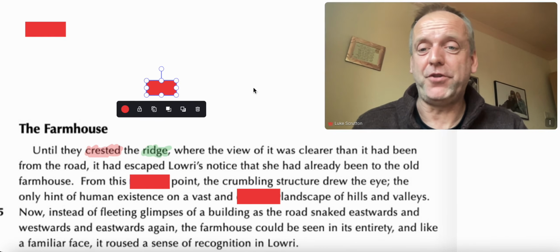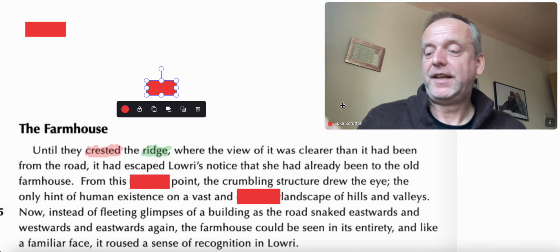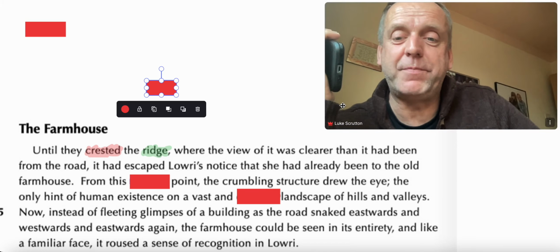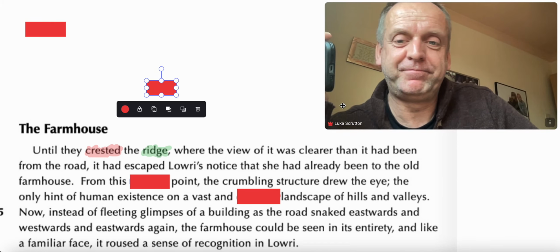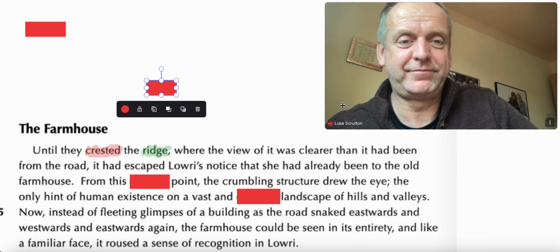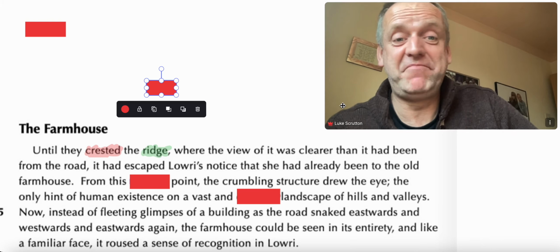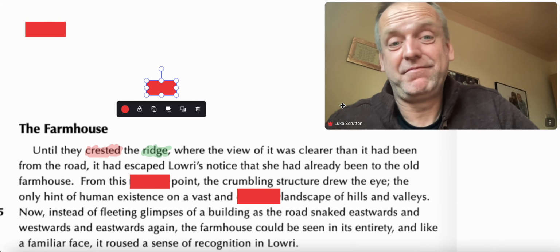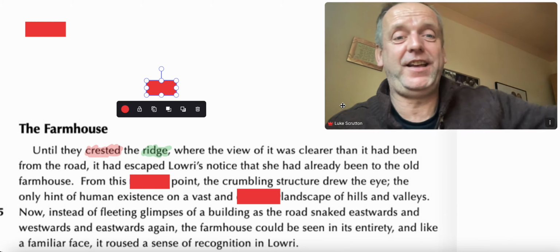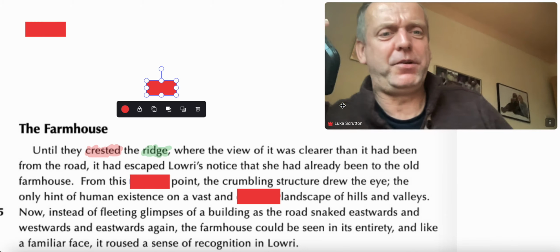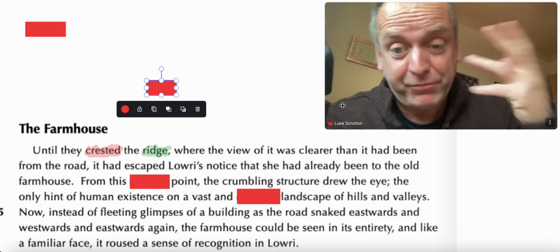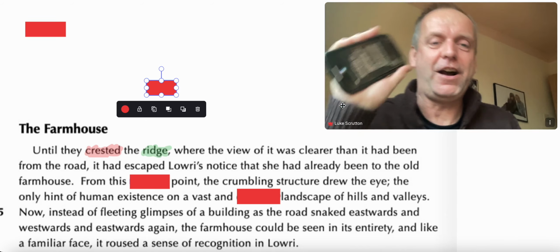Let's have a look at the next one. Ridge. Hey Siri, what does ridge mean? As a noun, ridge means a long, narrow hilltop, mountain range, or watershed. Do you want to hear the next one? No, that's it. We've got it. It's a long, narrow hill. They're great to walk along. They can be really hairy when it's windy. But yeah, great. Do you see how quick this is?